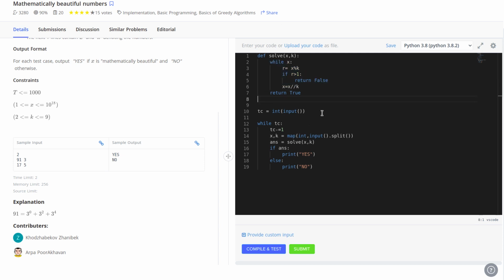If we compare 2 to the power n and order of n, it is very far. If we take n as 100, 2 to the power 100 will be a very large value, whereas 100 is simply 100, a very small value.